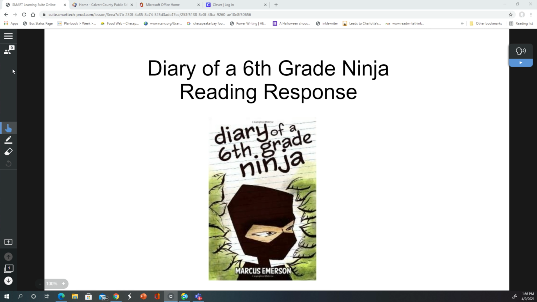Students who are actually logged into Smart Suites are able to participate in the interactive activities. And on a good day, everybody's logged in and everyone is able to access the materials. If they can't, then I can put it in student mode and they can go back when their computers are working correctly. On this particular day, we were reading a chapter in Diary of a Sixth Grade Ninja,